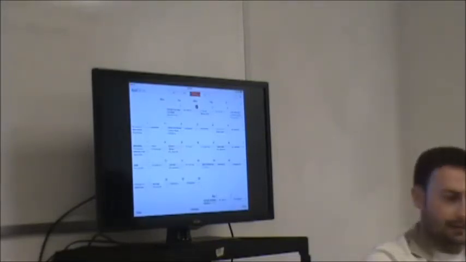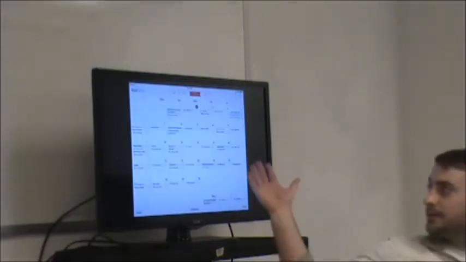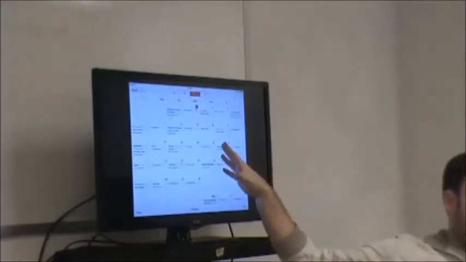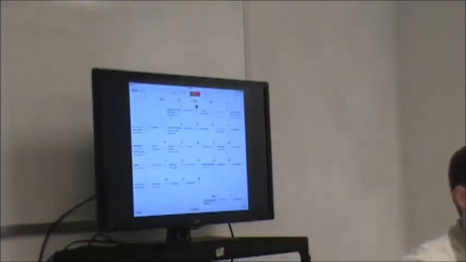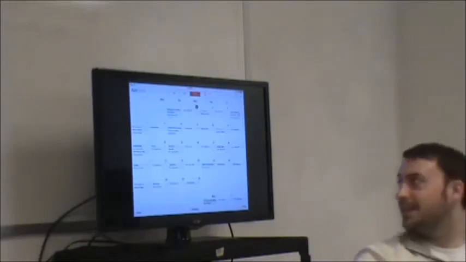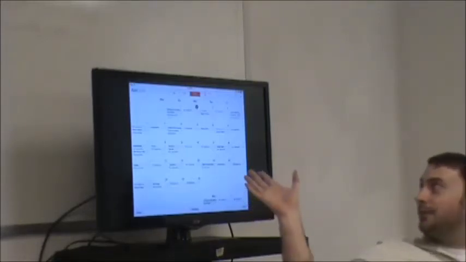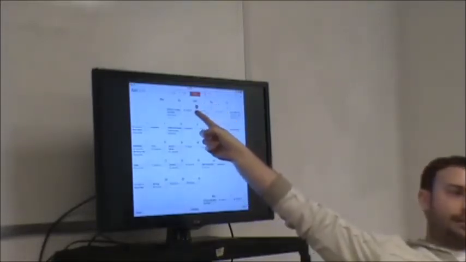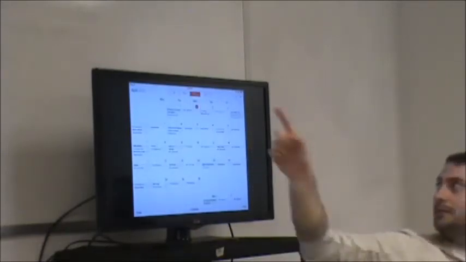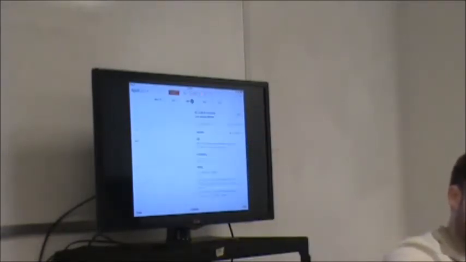Now on the iPad, it's easy to create calendars and share them. Just go to your calendar app. As you can see, you've got your day, week, month, and year at the top, and you can tap on each one to see